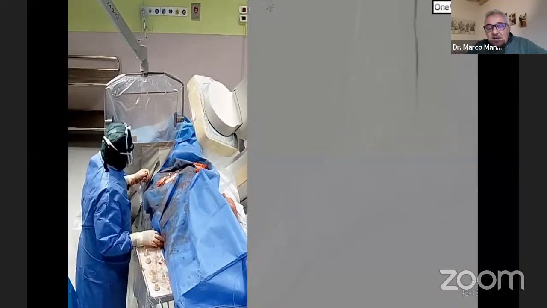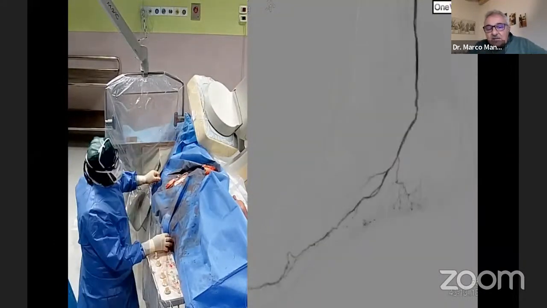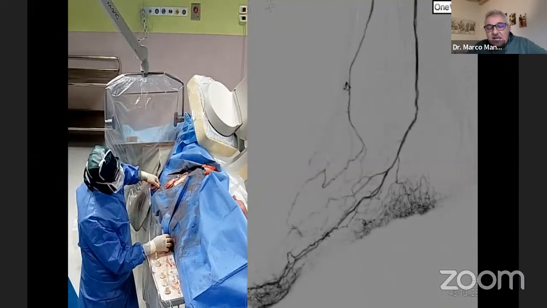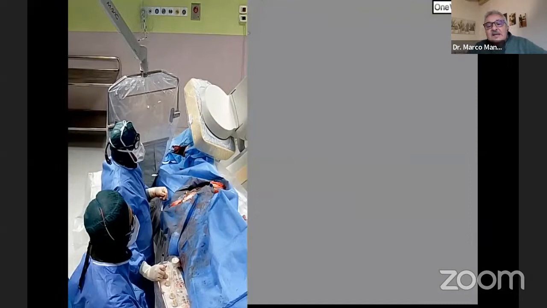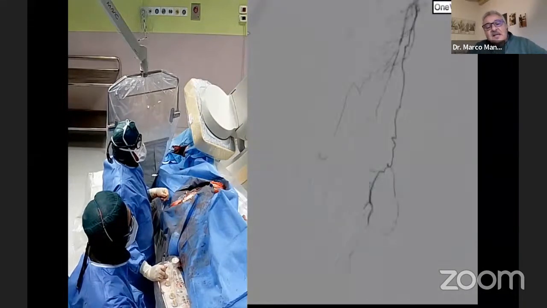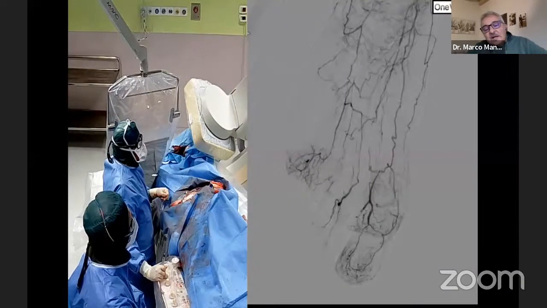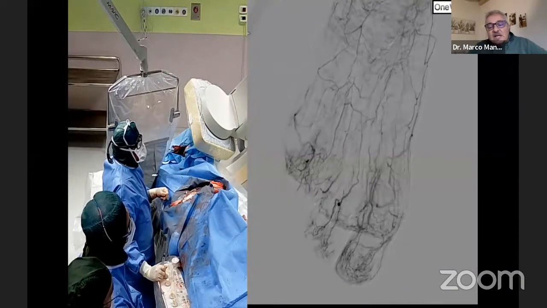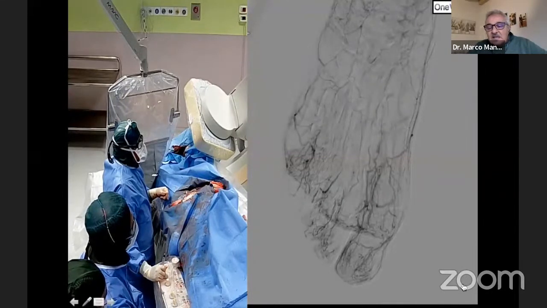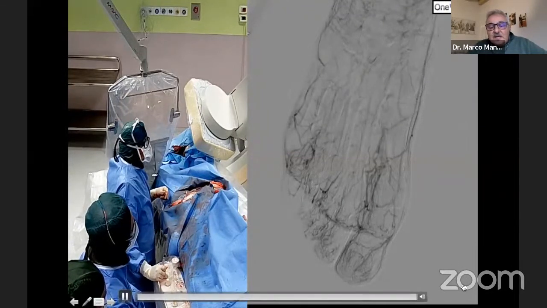You can see here how we orient the amplifier, and finally this is the direct perfusion of the fifth with a very good blushing aspect in that area,